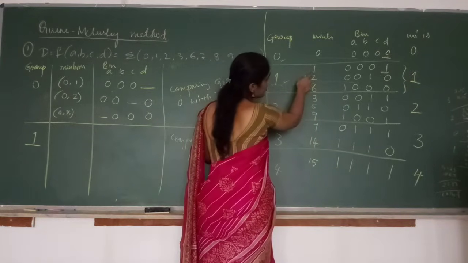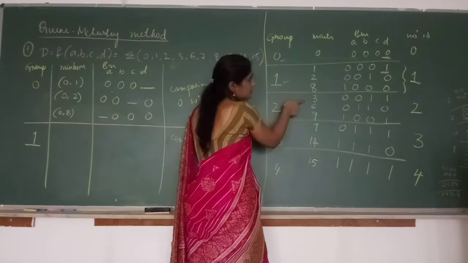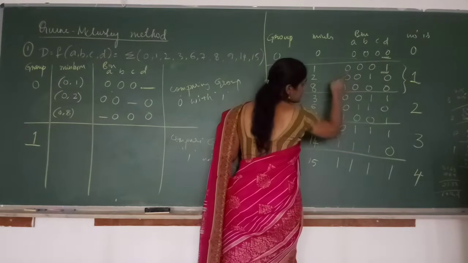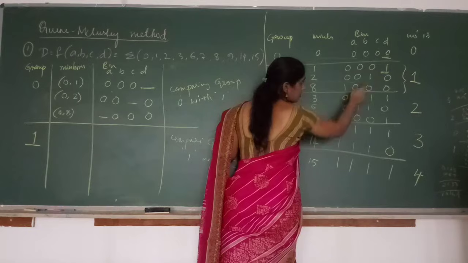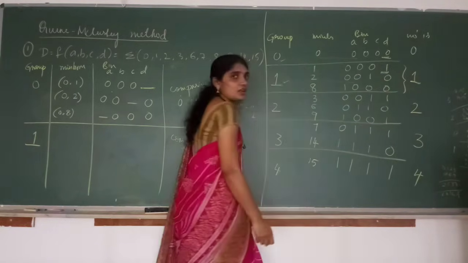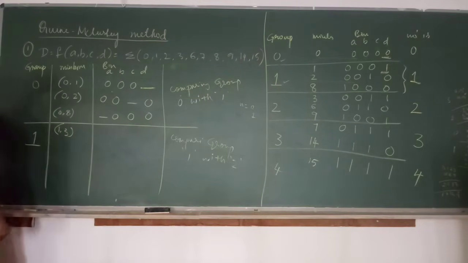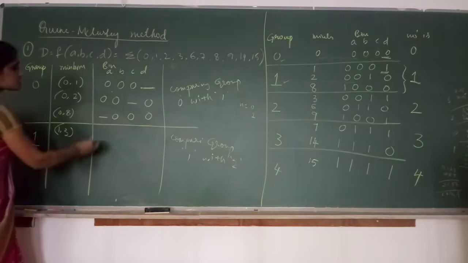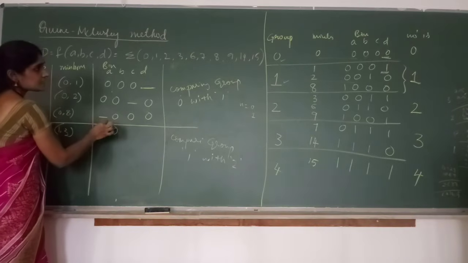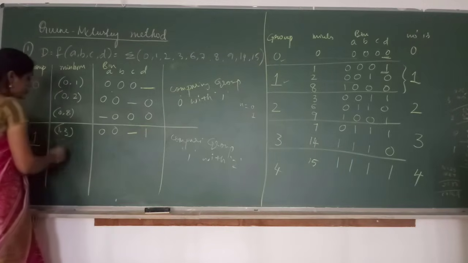Now compare. So what is the grouping you get? Now we are comparing group 1. Let us compare 1 with 3, 1 with 6, 1 with 9. Compare 1 with 3. What is 1? 0, 0, 0, 1. What is 3? 0, 0, 1, 1. 0, 0 same. C is different. D is same. So can we group 1 and 3? Yes, because there is only one variable difference. So if I group 1 and 3, what is the equation I get? A is taking 0 for both, B is taking 0 for both, C is different, so C is dash. D is 1.